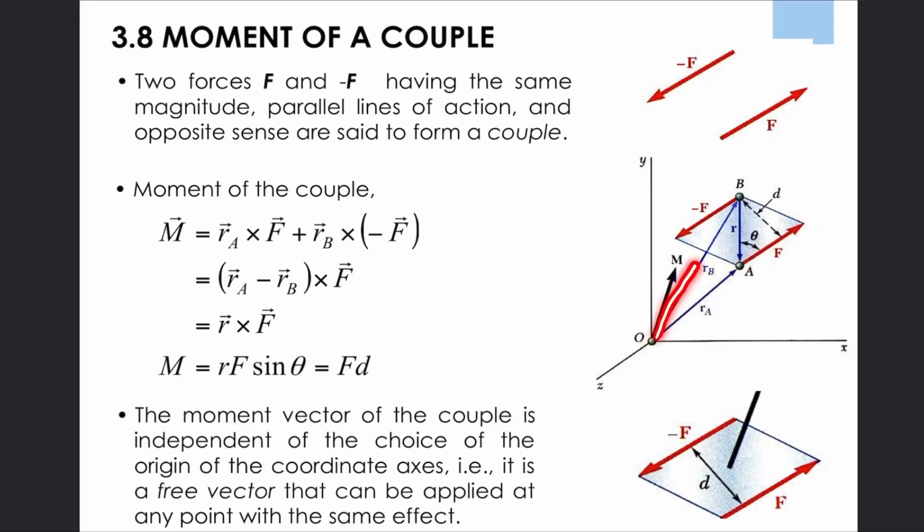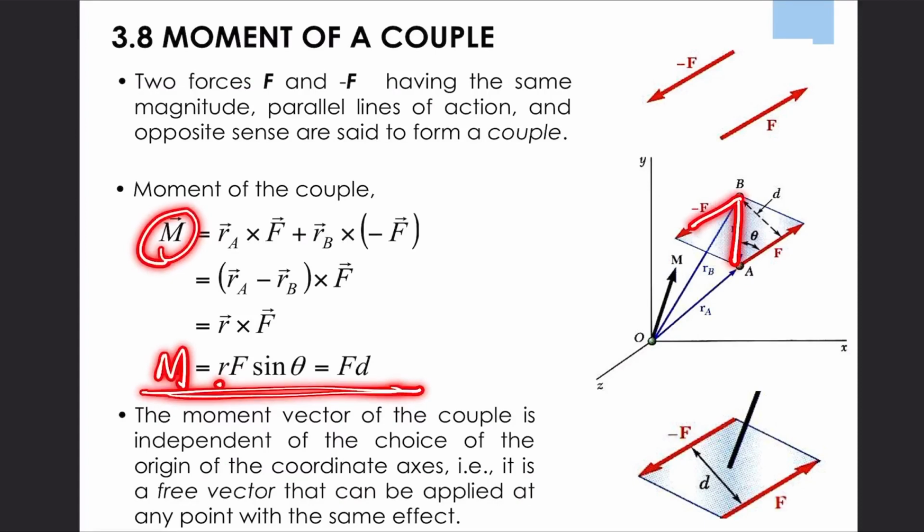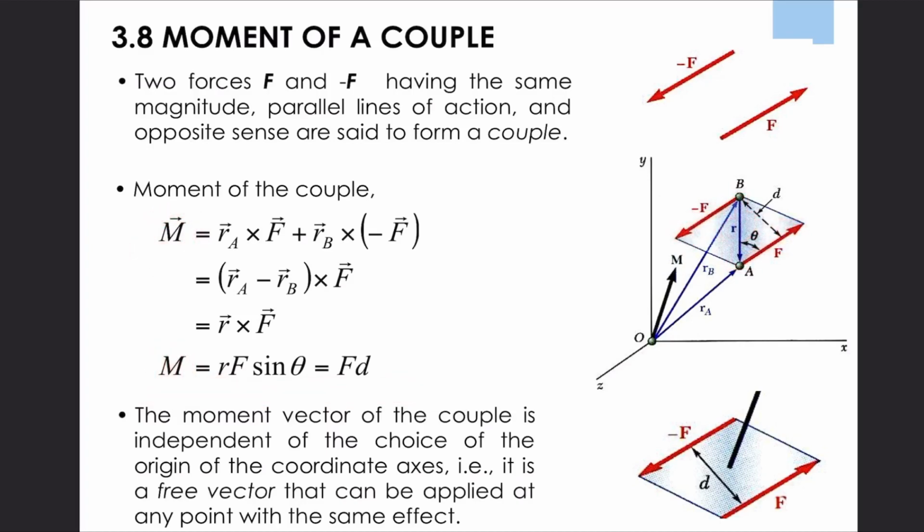plus RB times negative vector F. Or to simplify this equation, RA minus RB times F, or R times F, or its scalar value, or the magnitude of this vector, is R, or the distance between the two forces. So this value of R times the magnitude of F times sine of the included angle, or simply force times its perpendicular